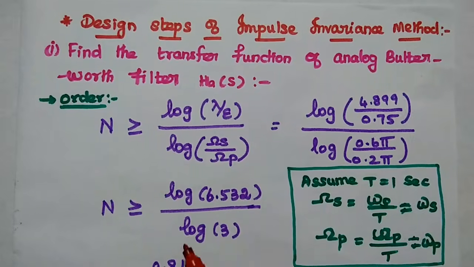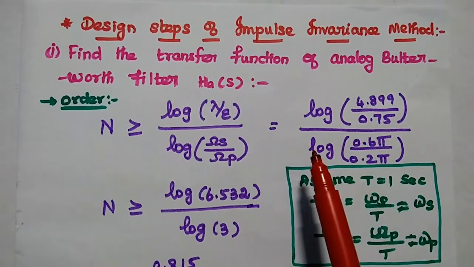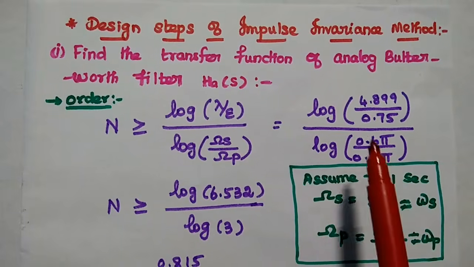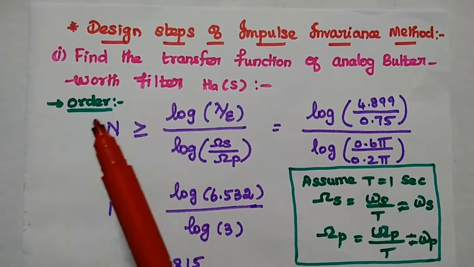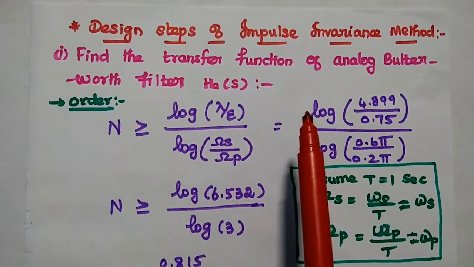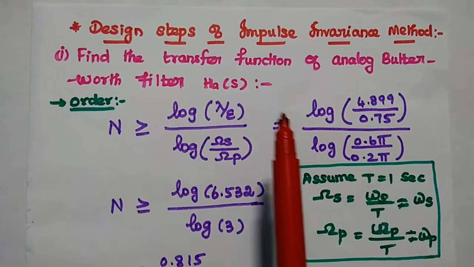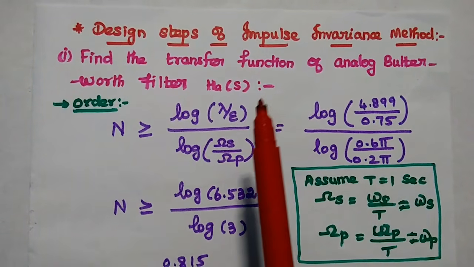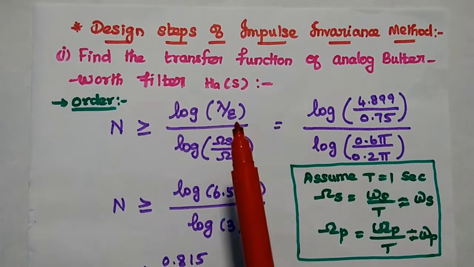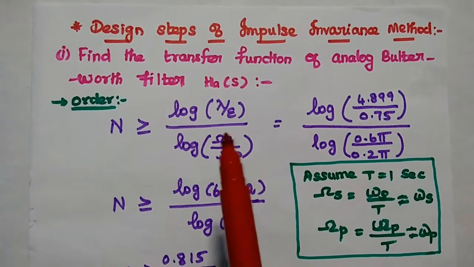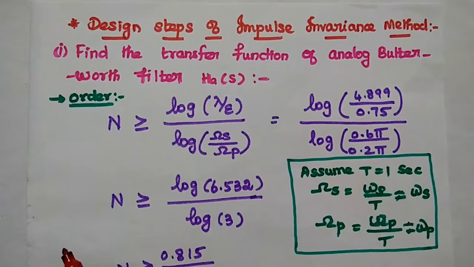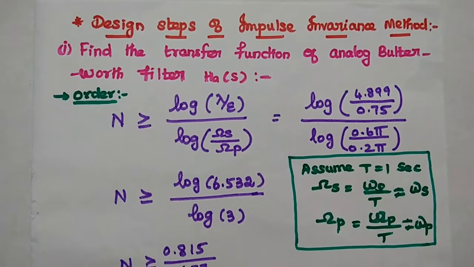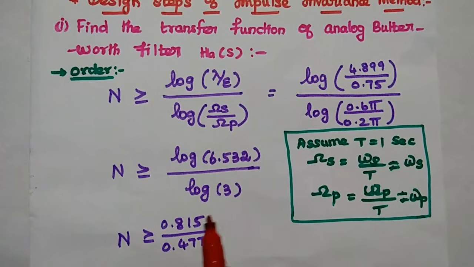Now we are going to use the design steps of impulse invariance method to find the digital Butterworth filter. So for that, the first step is to find the transfer function of an analog Butterworth filter, that is HA of S. So we have already solved some problems in this analog Butterworth filter design in the previous lecture videos as a separate problem. But in this impulse invariance method, the first step is to find the transfer function of